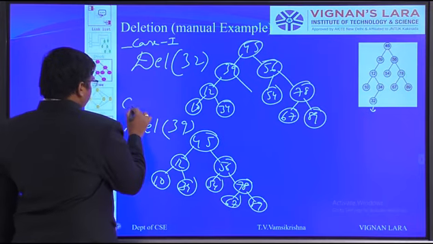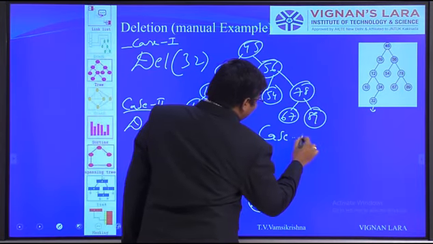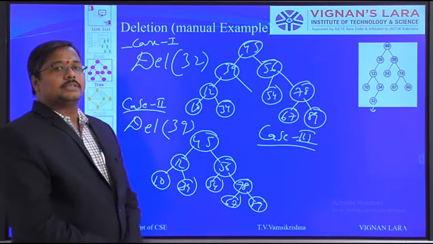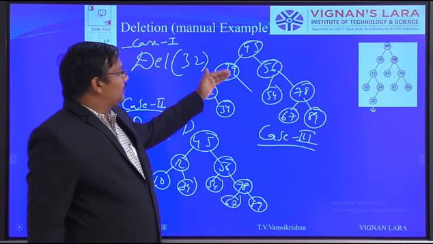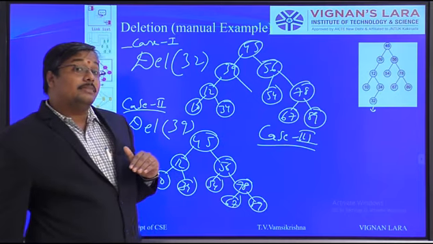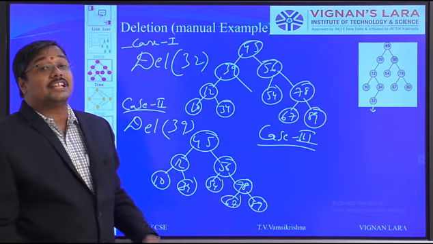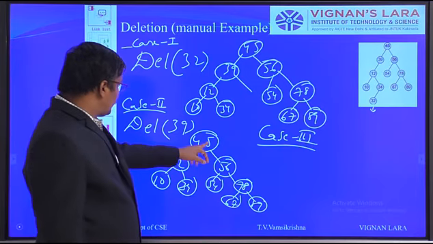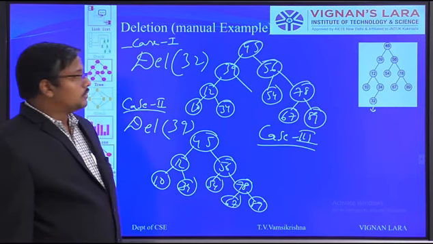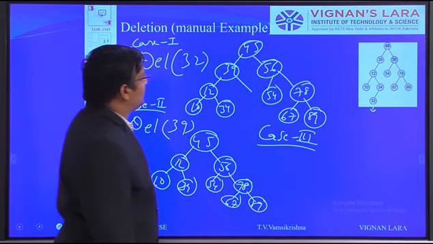So this is case 2. And finally we will move for case 3. What is the case 3? 2 children. It's a very, very important case. See, verify whenever we are deleting an element from this tree and this tree, automatically binary search tree property is satisfied. Okay, no need to do any transformations and all. Here also, in this case also 45, comparatively 45, 12, 10, 34, there are less elements only. So, the property should be satisfied automatically. Okay, that is the perfect relation.